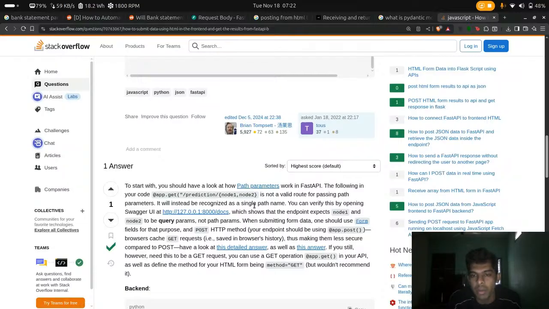When submitting form data, one should use form fields for that purpose and the POST HTTP method. Your endpoint should be app.post. Browsers cache GET requests and save them in browser history, thus making them less secure compared to POST. Have a look at this detailed answer as well as this. If you still, however, need to use a GET request,